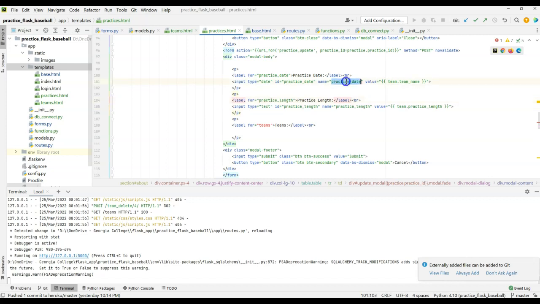practice date. So I can come over here and copy that, and I can just say this is just practice. All right, that's going to preload that date into there. And then here is just practice length, like so. And that's going to preload the amount of time you already had in there. So let's work on